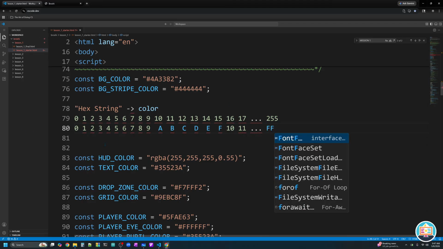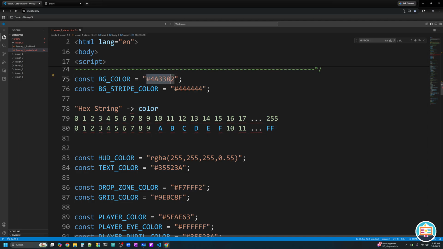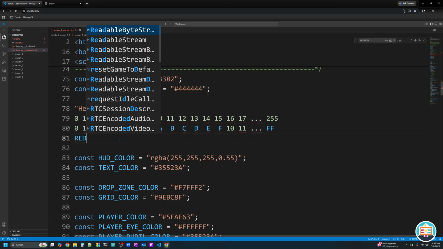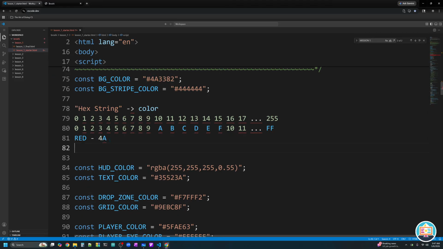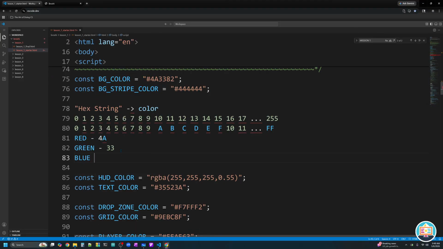Now, this relationship is going to be really important for us because when we look at a hexadecimal string defining color, that is actually showing 3 different colors all at once. It's showing red, and our red value is defined as a 2-digit hexadecimal number. It's these first 2 digits right here. So our background color is 4A. It's defining a green color, and our green color is the second 2 hexadecimal digits, 3, 3. And then it's defining a blue color, and our blue color is the last 2 hexadecimal digits, in our case